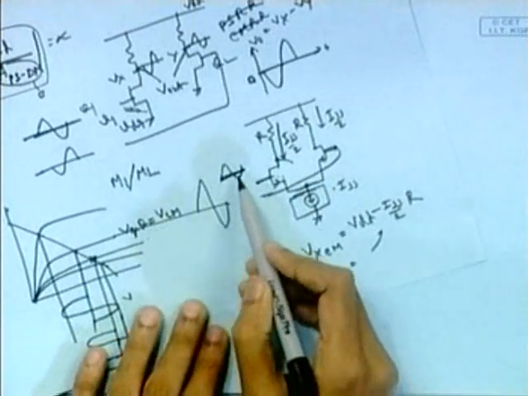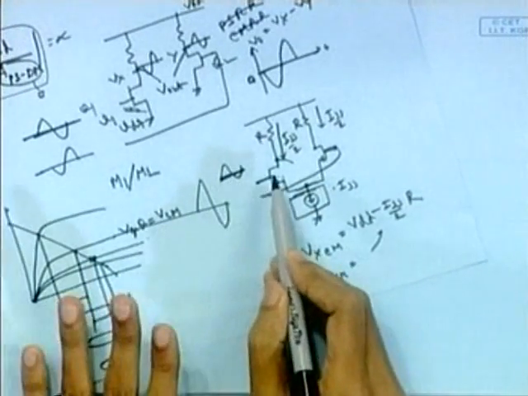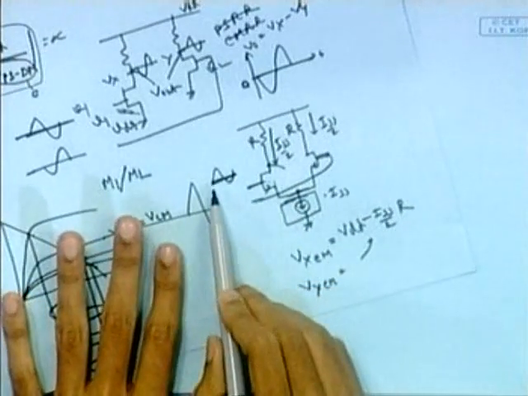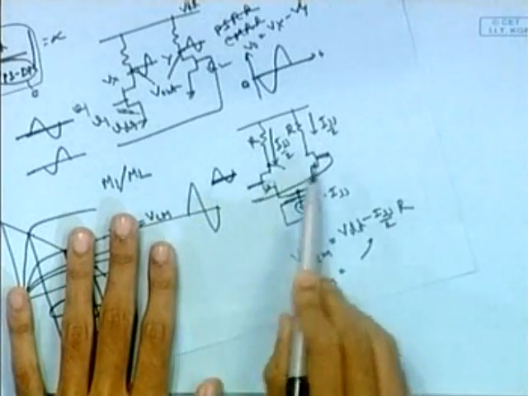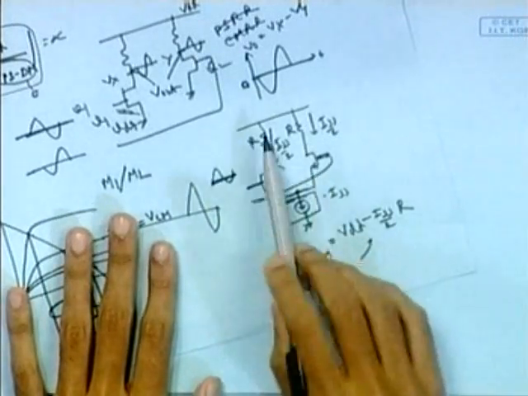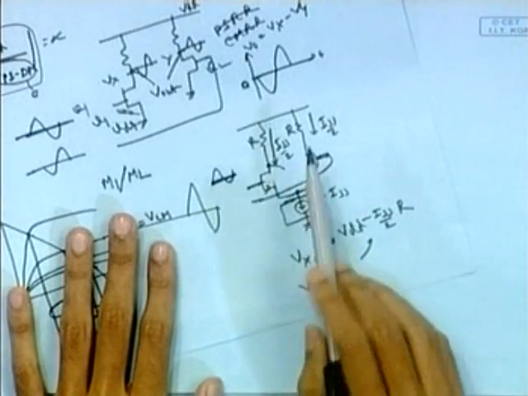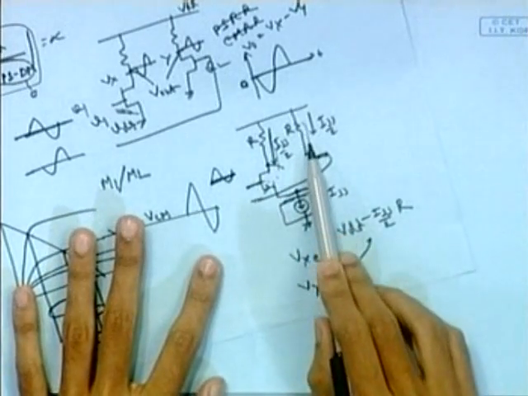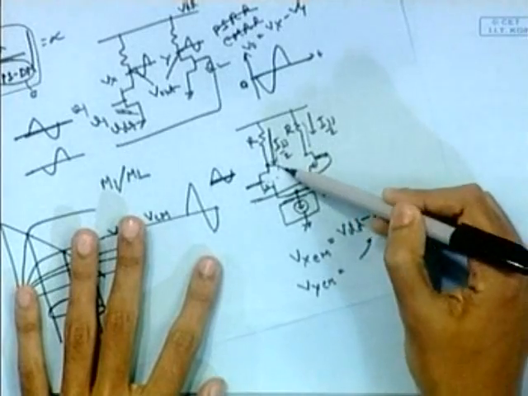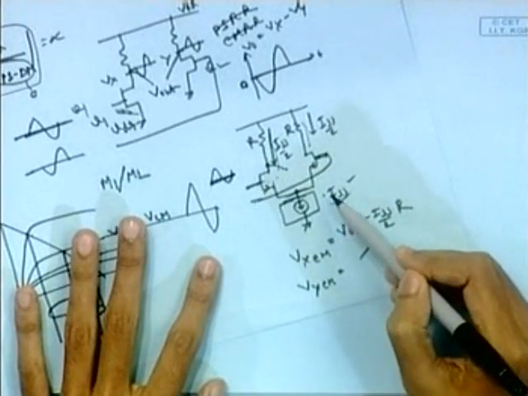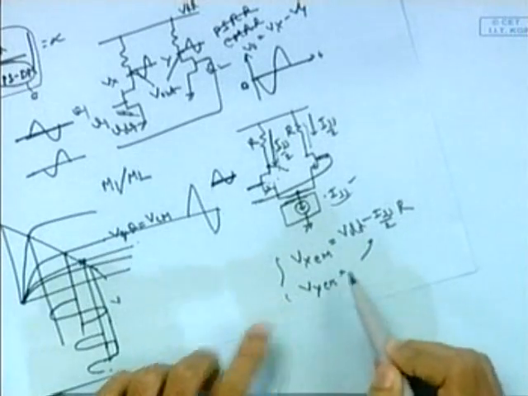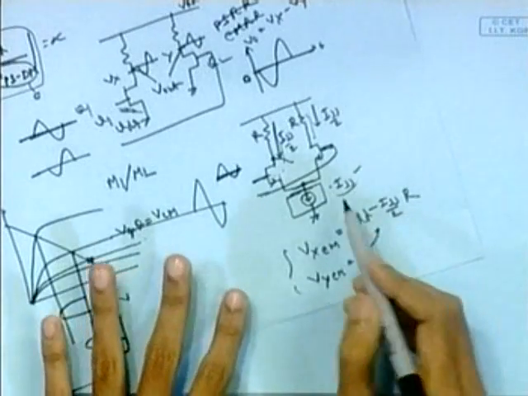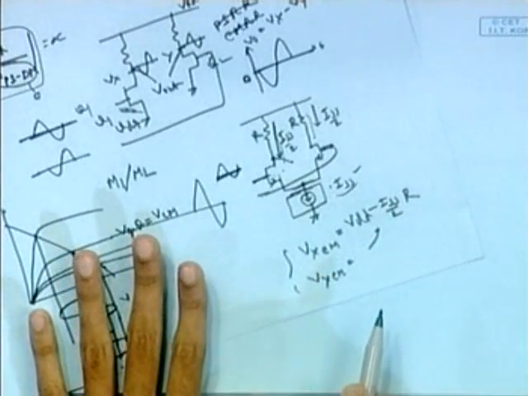Now, suppose we have shifted our input CM value, but that won't disturb this current, because whatever the input CM value may be, that CM value comes here and here. And if we assume perfect symmetry of the circuit, half of the current should flow through this branch and the rest through this branch. As this half of the current is fixed because we are using a constant current source, our output common mode voltage is also fixed. So here output common mode voltage is not dependent on input common mode voltage, and this is an important property